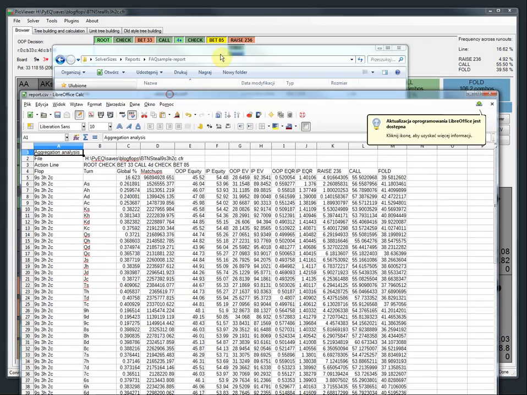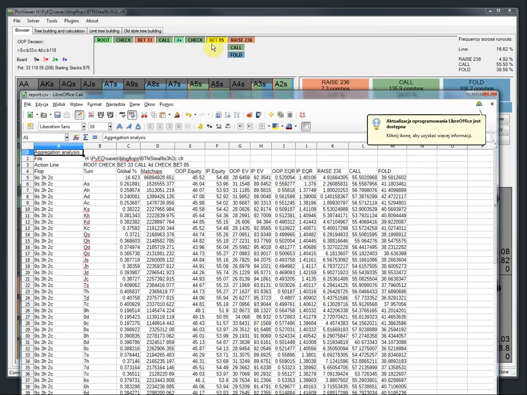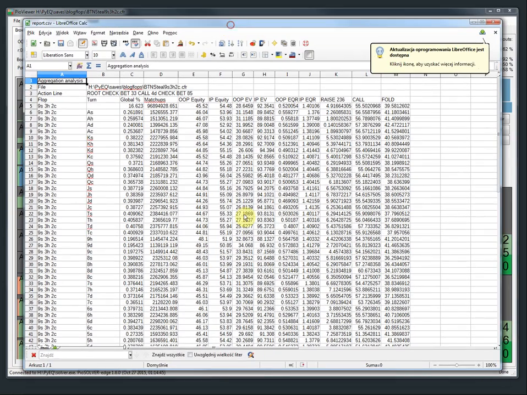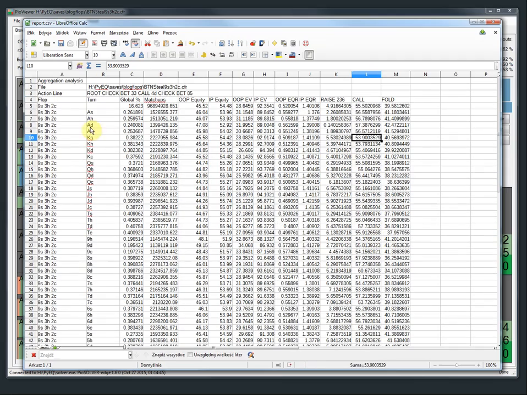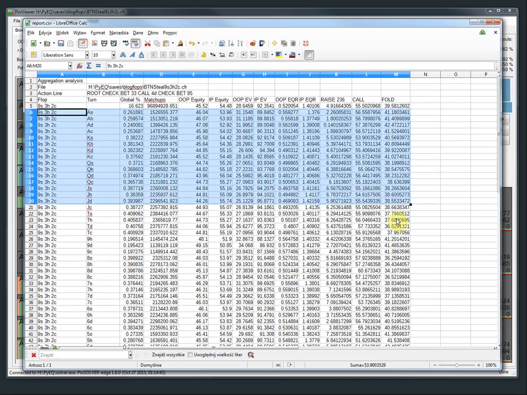So remember that this is answering the second barrel, and we can see that those are call frequencies across all the cards. They are very similar, but still